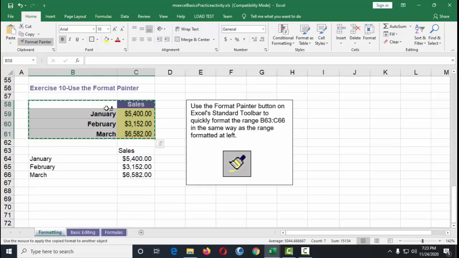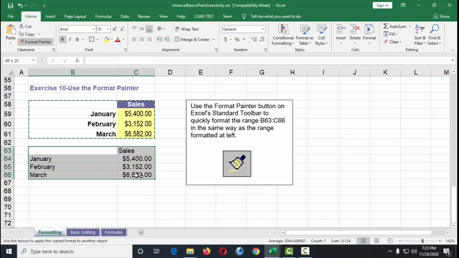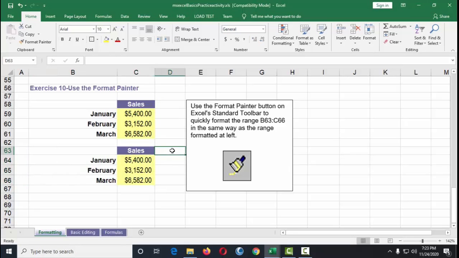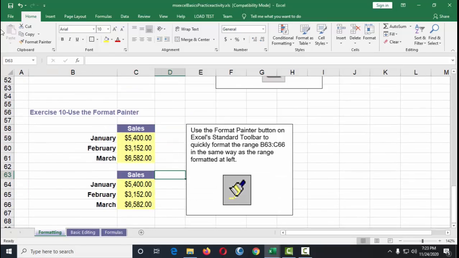Click on it, and then where you'd like to paint the format, it's this part. You just drag it and then release. And there you go. It's like magic. It makes your work faster with the Format Painter.